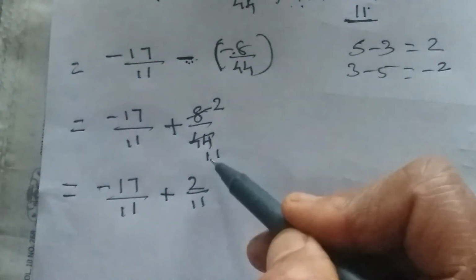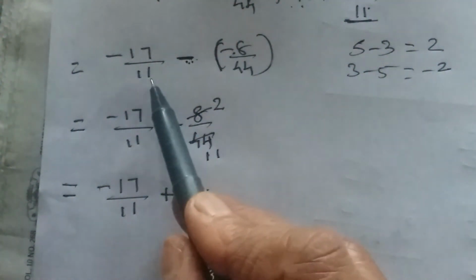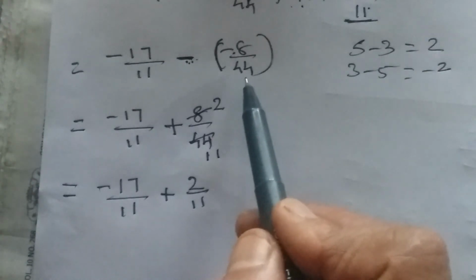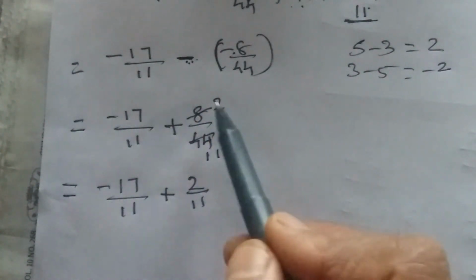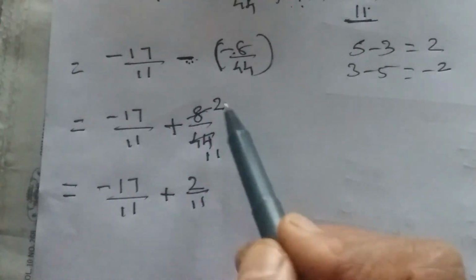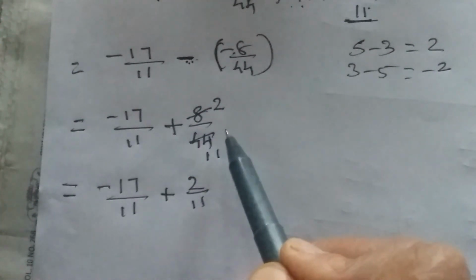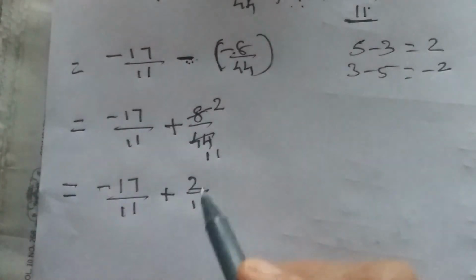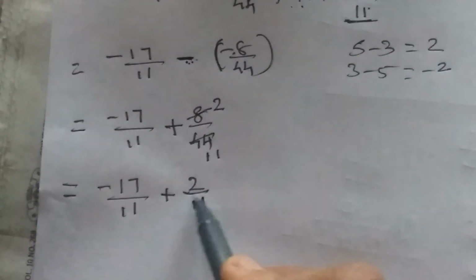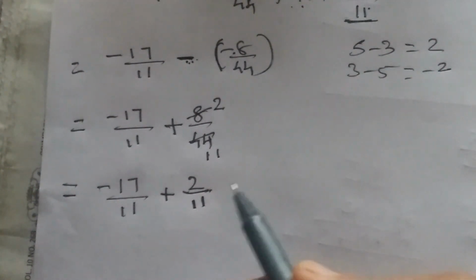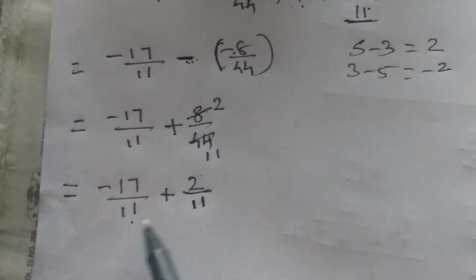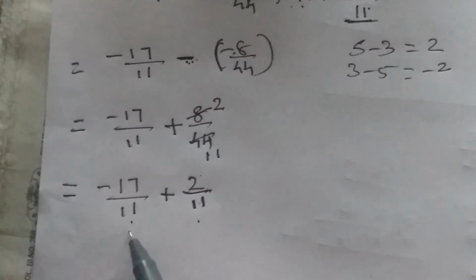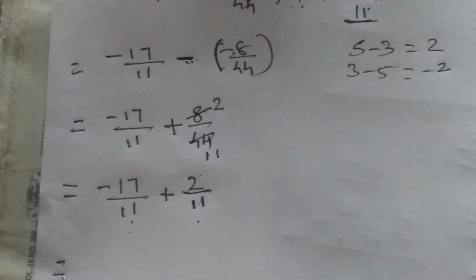If you had not cancelled, then we would have to find the LCM for 11 and 44. That's going to be a big procedure. So whenever it is possible to cancel, before you start with the sum, first write the given rational number in the simplest form, so that it will be very easy to do addition or subtraction, multiplication or division, whatever it is. See, once you cancel, it has become 2 by 11. The denominators have become the same. So no need to find the LCM here. Directly we can do it.